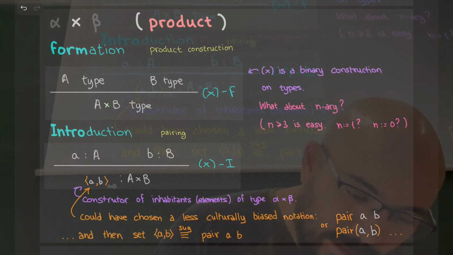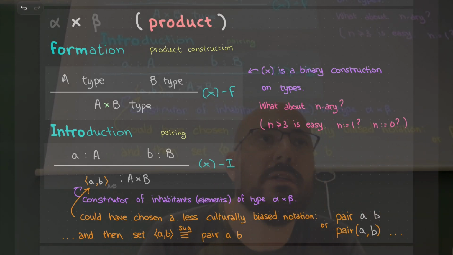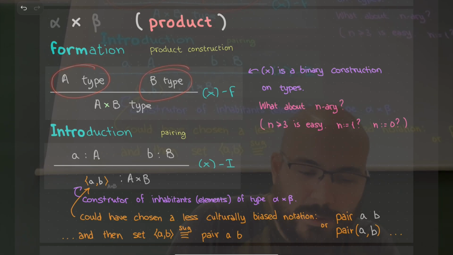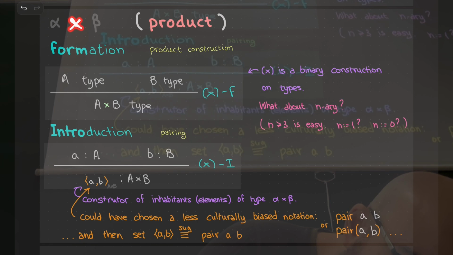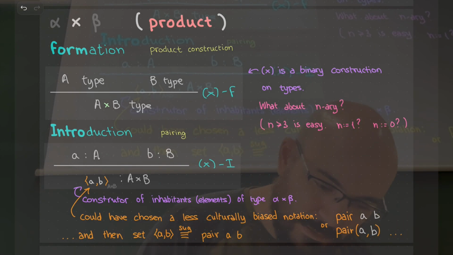Okay, here we have something whose nature seems very different initially, because it's not like logic, it's not like propositions. I'm building a type for a programming language, and I'm building the type of product. First of all, I'm saying what I need to do to build this type. I say that if A is a type and B is a type, this thing is a type. Essentially, this is a binary constructor on types. And this is exactly the same thing that happened.